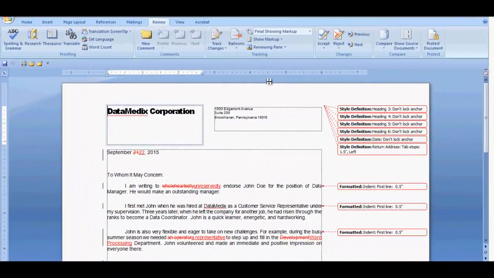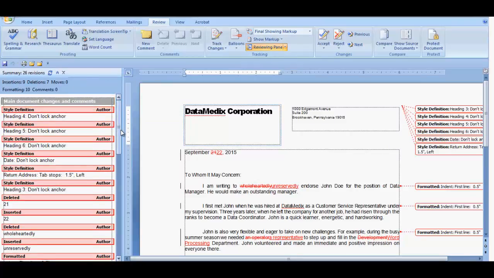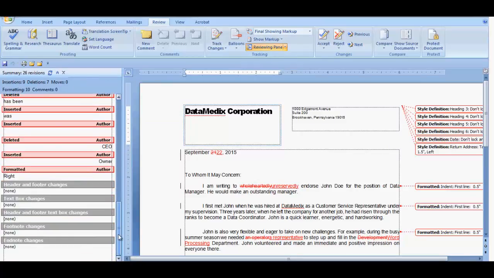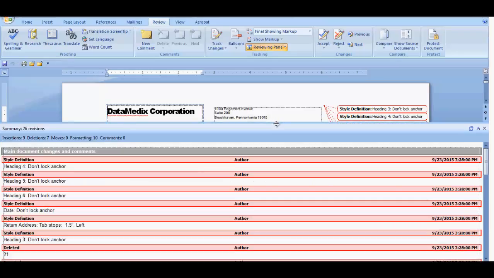Next is the reviewing pane. You have 2 choices, a vertical or horizontal view. When you select the vertical view, a field called Main Document Changes and Comments will be displayed below the vertical reviewing pane. When you select the horizontal view, it will display below your document. You can change the size of the field by dragging your mouse over this area. To close the reviewing pane, click it again on the drop-down, or just drag it to the bottom of the